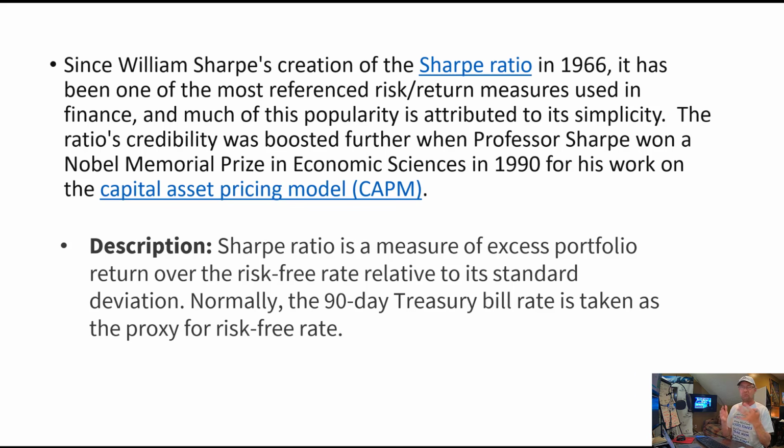You were not getting paid, you were not getting compensated for the risk that you took. The ratio's credibility was boosted further when Professor Sharpe won a Nobel Memorial Prize in Economic Sciences. So basically, the guy's pretty smart, okay? But the Sharpe ratio, again, is a measure of your excess portfolio return over that risk-free amount relative to its standard deviation, relative to its